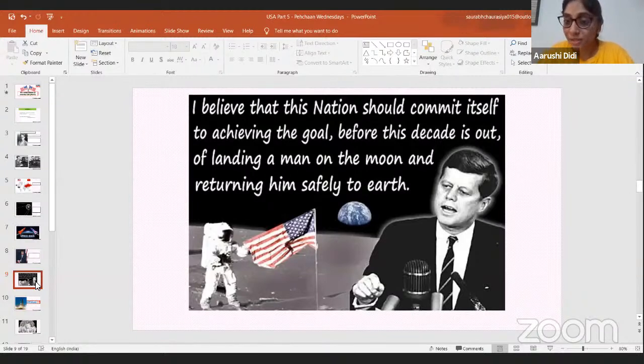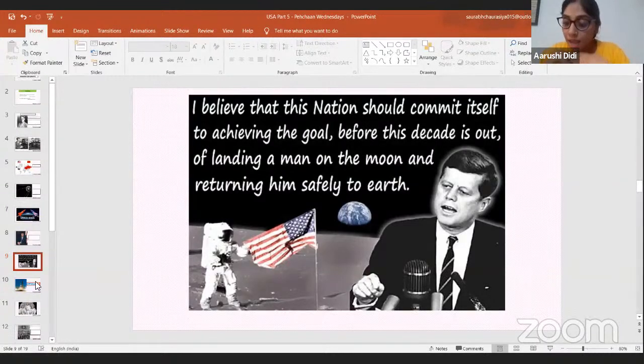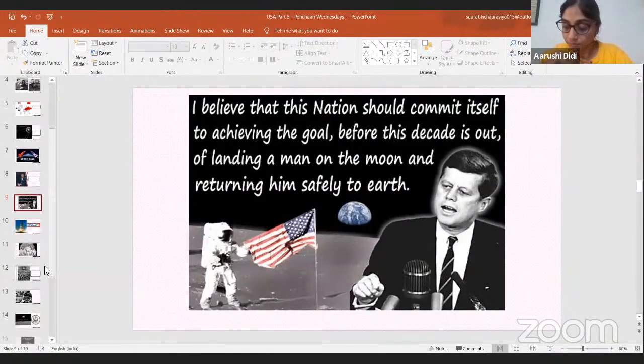Nobody knows the space, nobody knows how the atmosphere is, what the temperature is, what the weather is, will there be oxygen or not? Nobody knows these things. So USSR didn't know how to do that, but USA went ahead and declared that we will send a man in the next 10 years, so watch out for us. They're declaring to the world that watch out for us, because we will be sending a man to the moon and bringing him back safely.